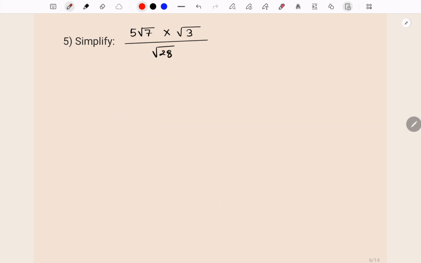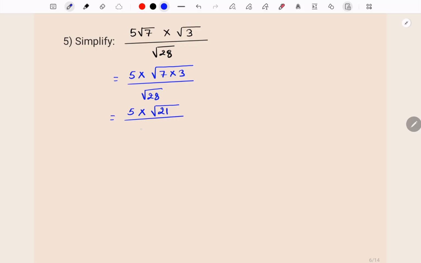Let's solve our fifth question. This question is quite similar to the previous question we just solved. Okay, so here again we need to multiply and divide surds. In the numerator, I can write it as 5 times square root of 7 into 3. And in the denominator, we have the square root of 28. Okay, let's simplify. So 5 times square root of 7 times 3 is 21